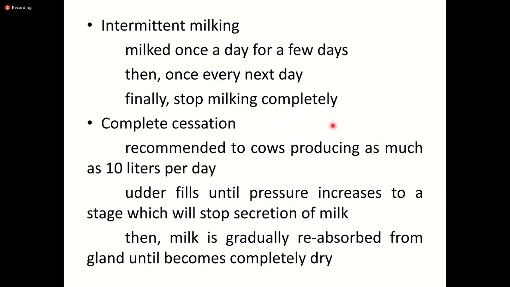Right? So what we can do is milk once a day, maybe for a few days. Then every next day, just skip one day, right? And then stop milking completely, right? Then in some cases we can stop completely. But that is basically recommended for low producing animals, right? For example, cows producing maybe about 10 liters of milk per day, right? So what we usually do is